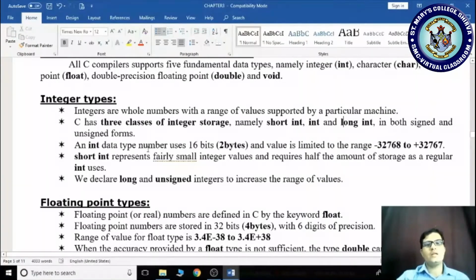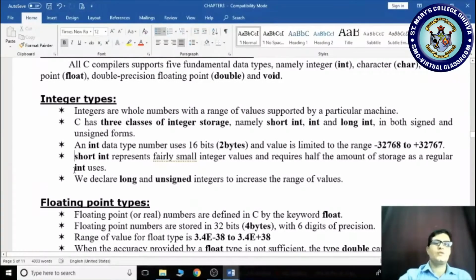An int data type uses 16 bits. 16 bits means 2 bytes. The value is limited to the range of minus 32,768 to plus 32,767. So this is very important. We will see what bits and bytes are after completing this. Short int represents fairly small integer values and requires half of the storage of a regular int.